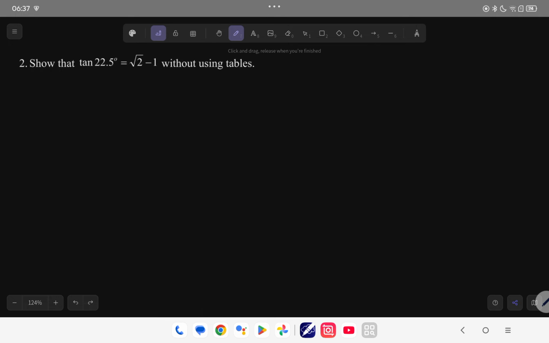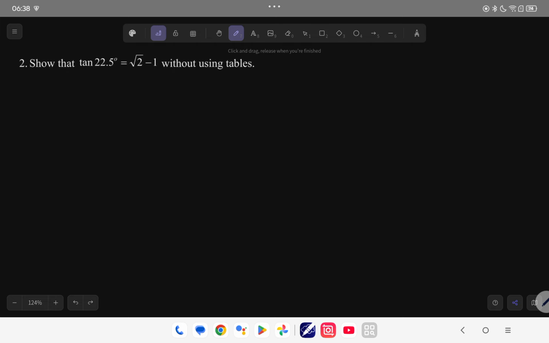Show that tan 22.5 degrees is equal to root 2 minus 1 without using tables. When they say without using tables, it means also you can't use calculators, those are electronic tables. Now, we are going to look at this. Now, 22.5